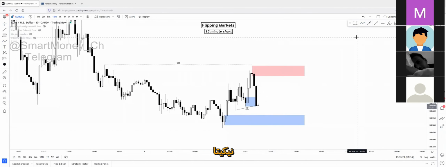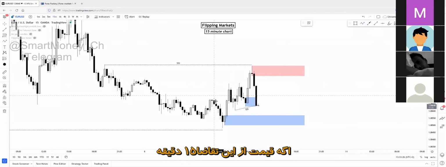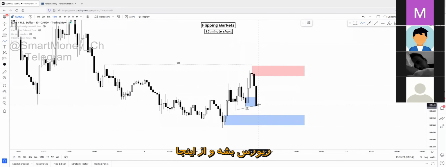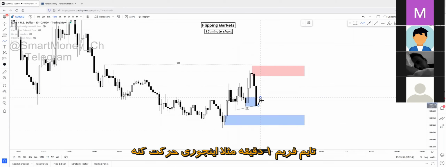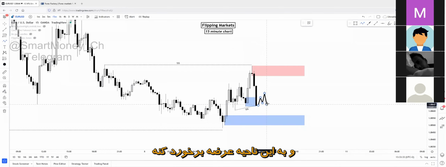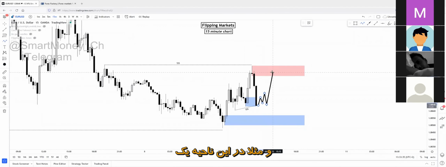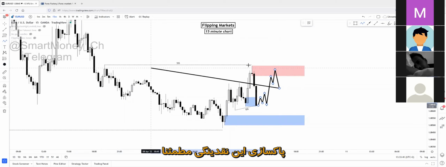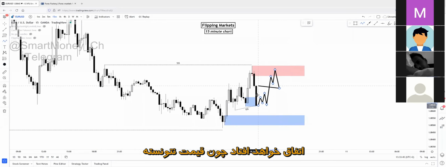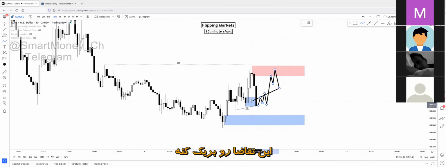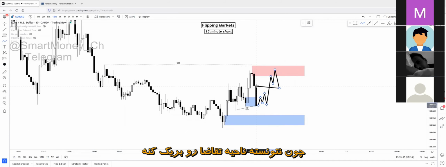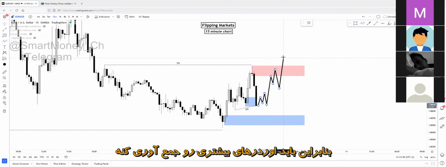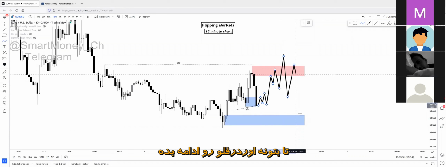But answering a question, Nikita, if price reverses on this 15-minute demand zone down here, so it creates a reversal right here on the 1-minute chart, for example, something like this, there will be a reversal, and this supply zone will be tapped. And for example, price creates a change of character inside of this zone. The sweep of this liquidity will happen for sure because price couldn't break below this demand zone, and it has to collect more orders to actually continue the order flow.